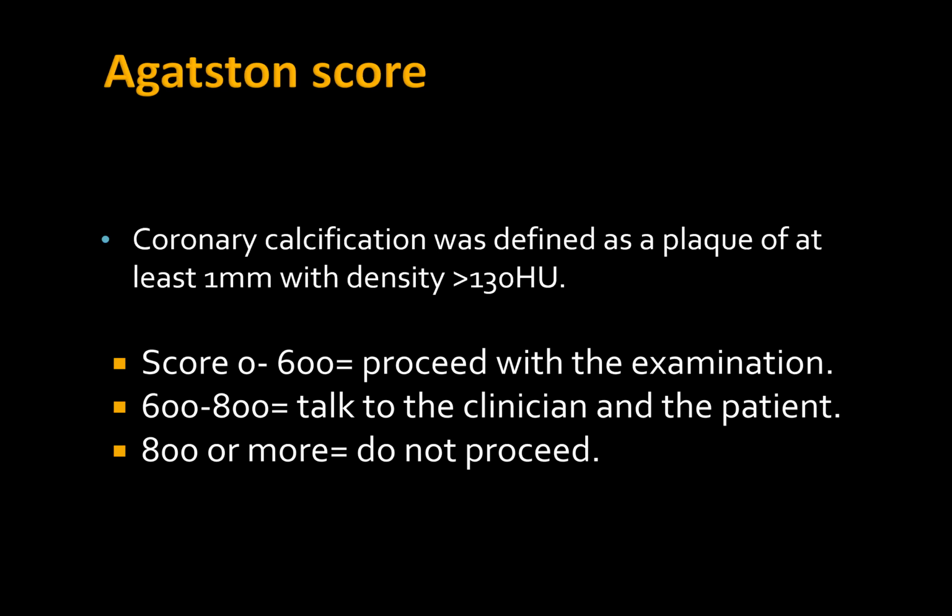But another practical important thing is that it depends on the pattern of the calcium. Sometimes there's a lower calcium score, like 100 or 200, but this calcium is very dense, and the position of the calcium is the proximal LAD or a bifurcation. So it's not good to proceed to the angiographic part because they interfere in interpretation. Sometimes we get high calcium, but this calcium is very thin and only in the wall, so it doesn't interfere with interpretation of the lumen. So it is better to look at the calcium pattern before proceeding to the angiographic part.